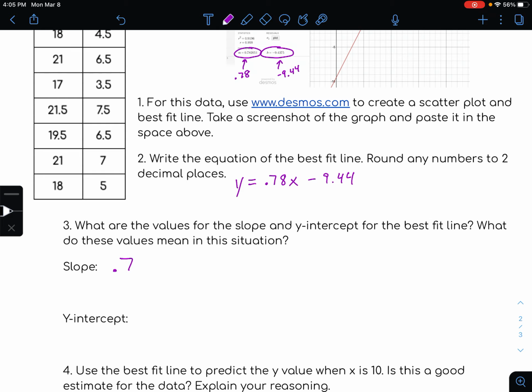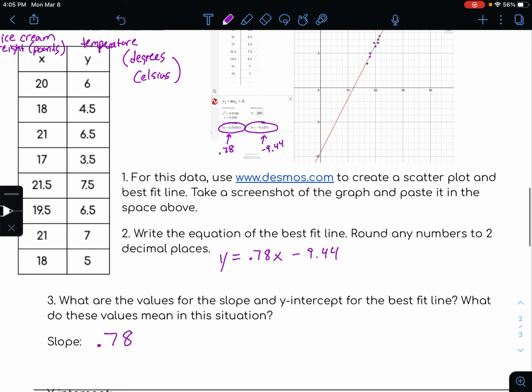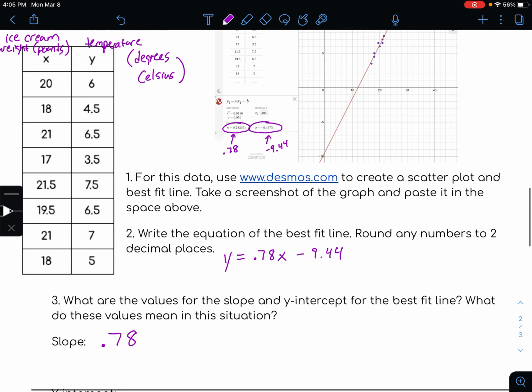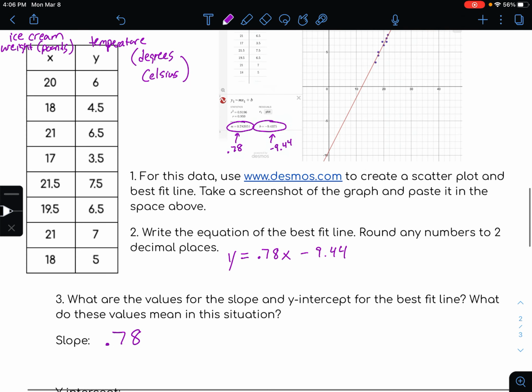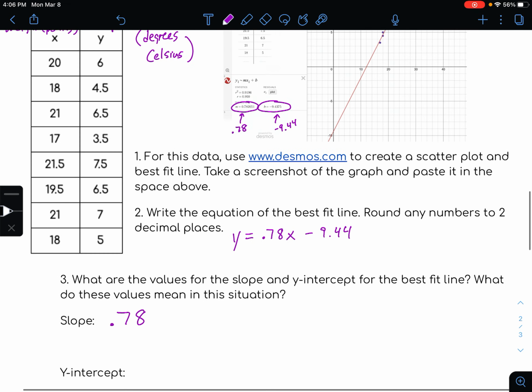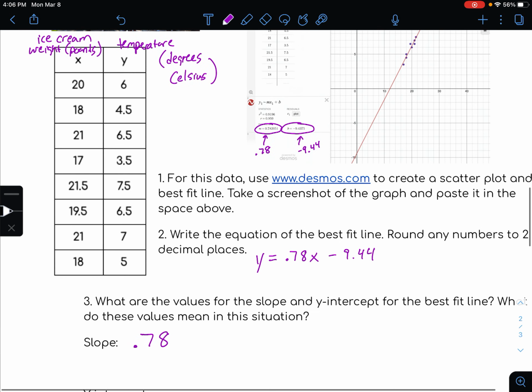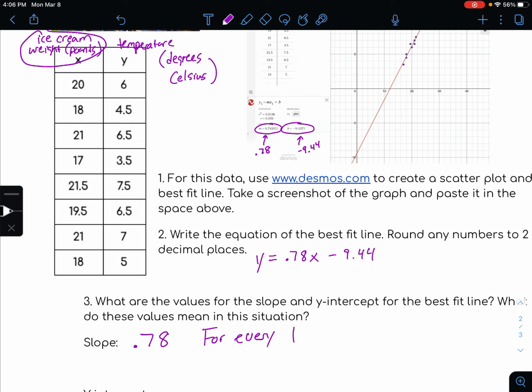All right, so the slope is 0.78. And now remember what we've talked about the last couple days. The slope is essentially how much the y changes for every 1 x. All right, it's the rise over run, but literally it's the change in y for every 1 x when you have it as a decimal like that. So what's on our x? That's the ice cream weight in pounds. Okay, so for every 1 pound